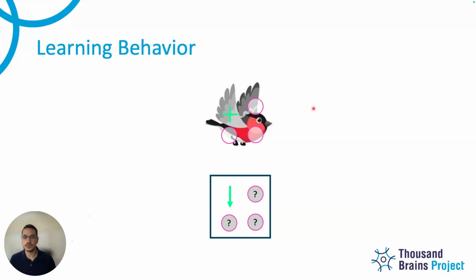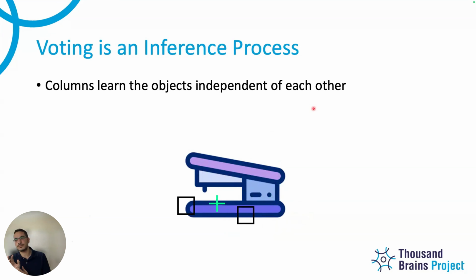Okay. So, like I said, I'm going to switch gears and go to voting and talk about how we do voting today. The way that we wire up voting and use it is that voting is an inference process. If you look at these here, I'm imagining three columns. There's one maybe on the fovea, and then there are two other neighboring columns. We're just saccading and moving on this object. These columns each build their own object ID, their own model, their own reference frame with features at locations, and they're completely independent of each other.